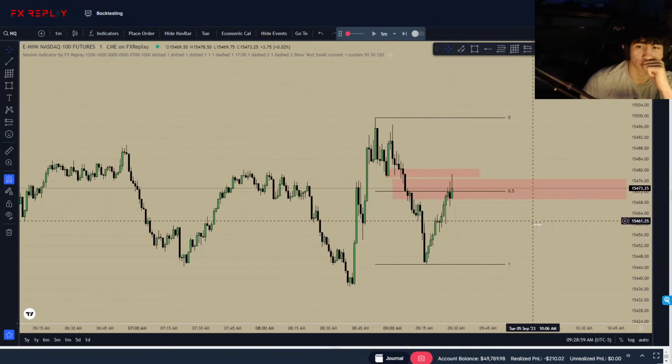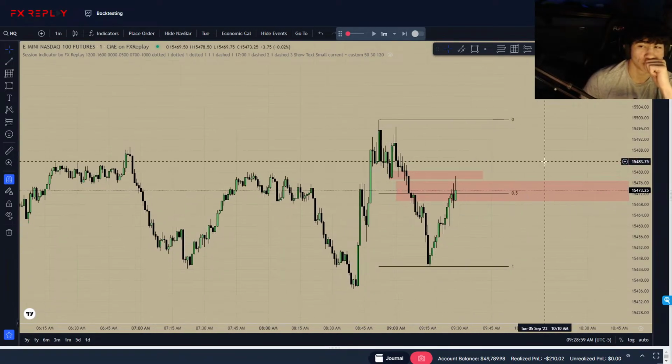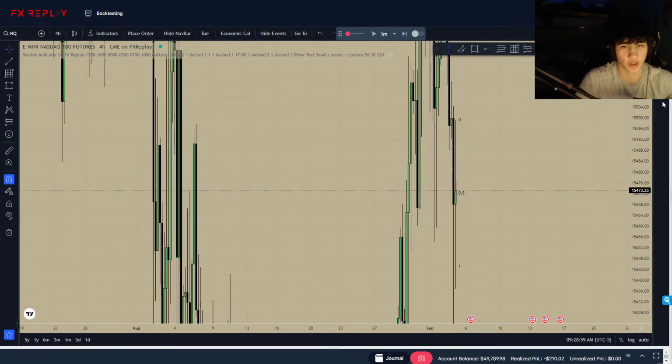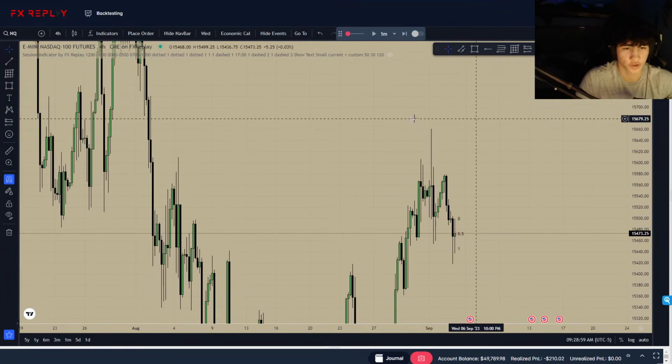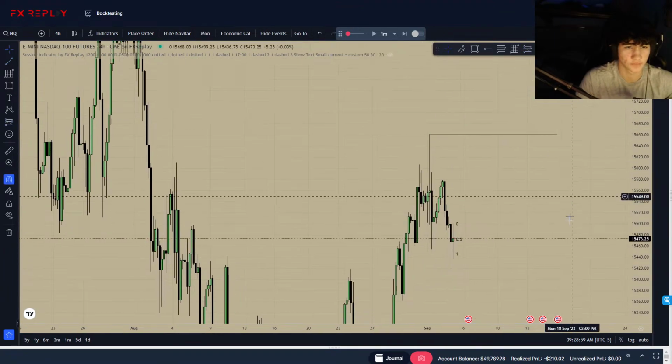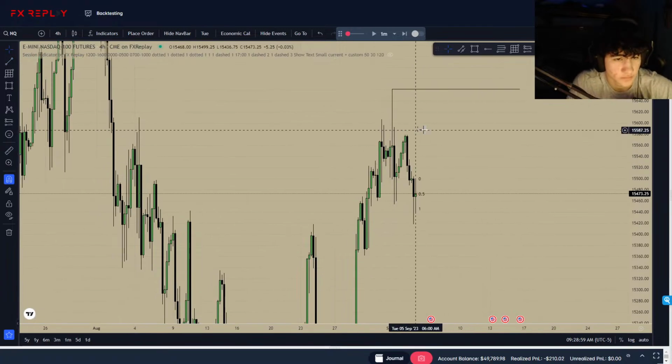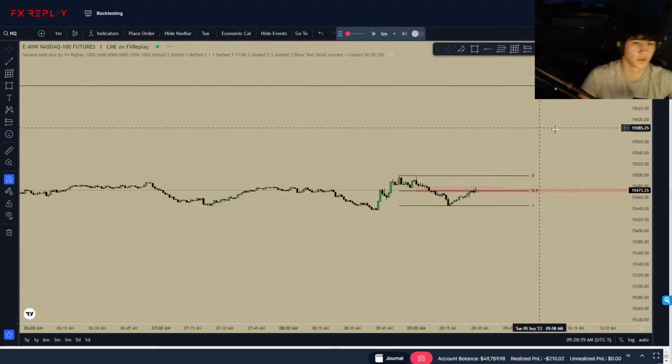Should we take another trade or should we just hold off and wait? Yo, G Crispy. Wait, what does it look like on a higher time frame? Which one? 4 hour? I'm really expecting us to take out these lows, push up higher, target these highs. I would wait for more confluence, honestly. Yeah, that's what I'm doing right now.